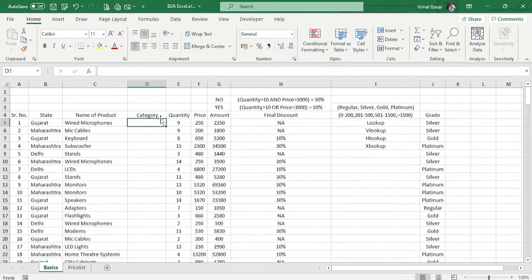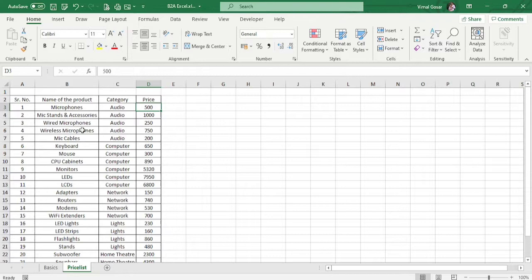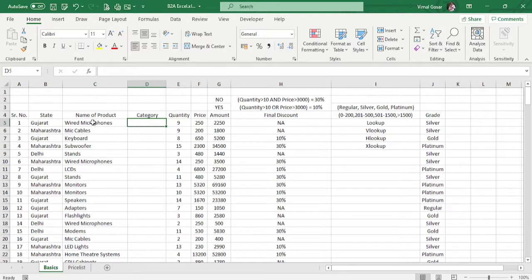So in such situations, what we can do is use this price list where I can find my wired microphones, as in the case of audio for the category. The same, I'll be getting it as a value over here. This can be done very easily with the help of a lookup function, VLOOKUP function. So VLOOKUP function will go in the vertically downward direction. It will search for all the values which are in the vertically downward direction, and whatever column we are suggesting, it will return a value for that. So it's very easy to understand. Let us just start typing.